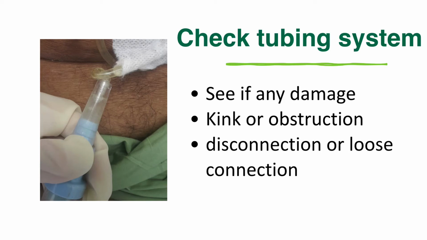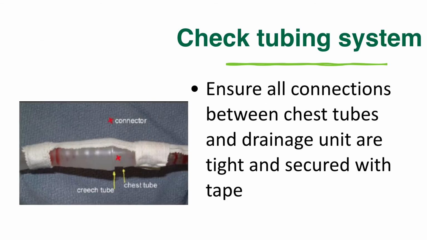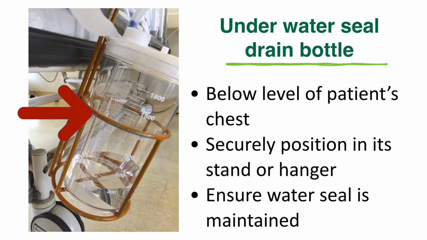In every review, check the tubing system as well. Tubing should have no damage, kink, or any obstruction that may inhibit drainage. Therefore, flushing may be needed if the tube is blocked. Besides that, ensure all connections between the chest tube and drainage unit are tight and secure with tape. Underwater seal drain bottles should always be below the level of the patient's chest and should be securely positioned in their stand or hanger. Ensure the water seal is